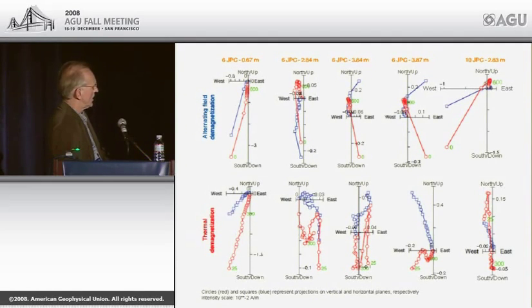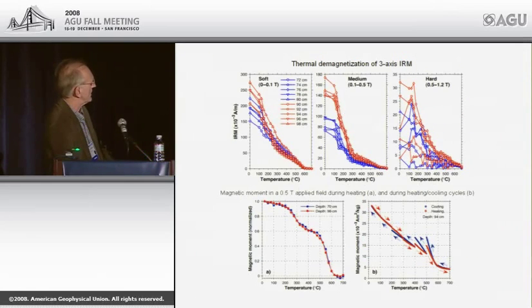And that's true of a whole bunch of samples, that it's between about 125 and 300 degrees Celsius that this negative inclination component, which is the same component we believe we're seeing with AF, is unblocked in this rather discrete temperature range. Now that immediately to a paleomagnetist would lead us to think that perhaps that component is carried by an iron sulfide. And in fact, by looking at the thermal demagnetization of three-axis IRM, you could make the case that the